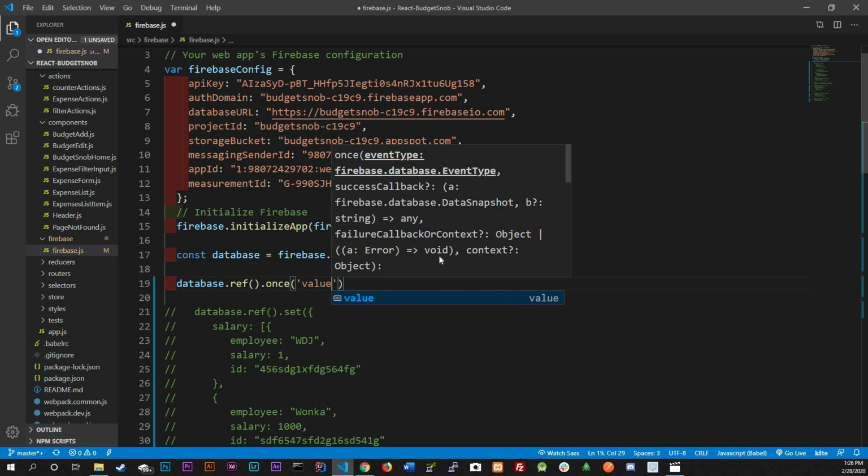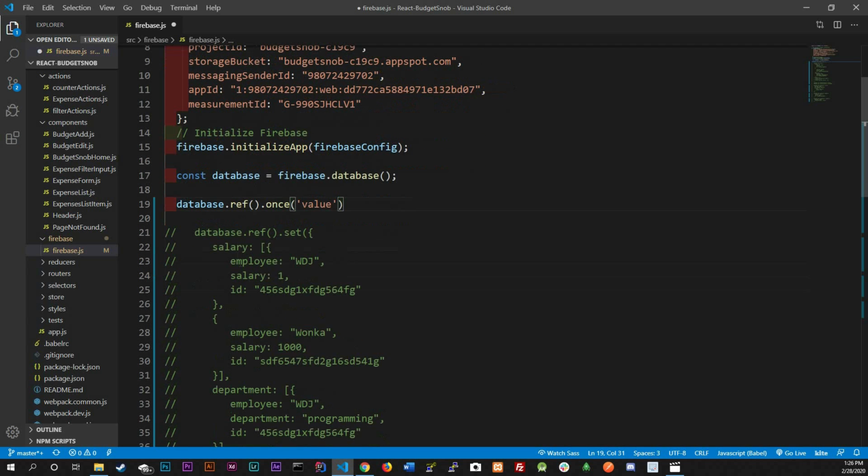We want the value of the root of the database. If you wanted the value of, let's say, salary, you would type in here, obviously, salary. It'll give you this array. This is going to return a promise, obviously, because we're requesting data. So we're going to do a .then, and then we're going to do a .catch,